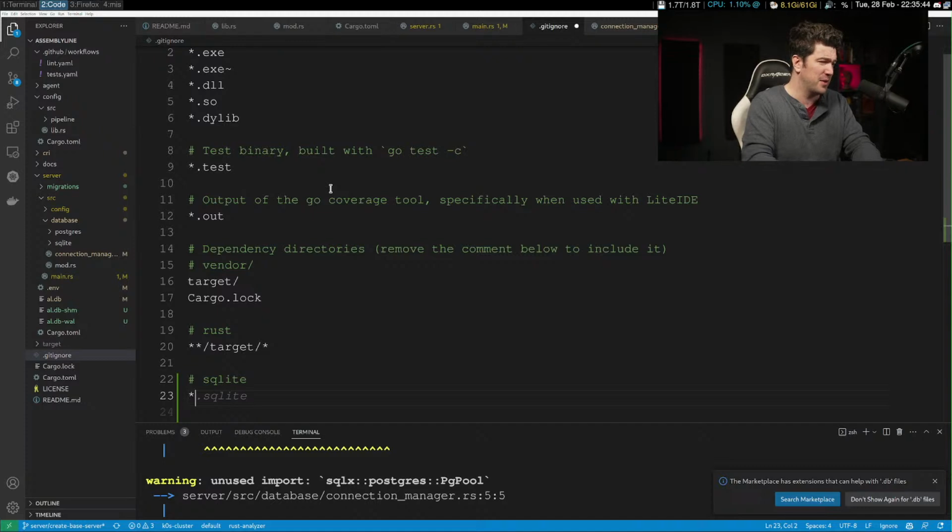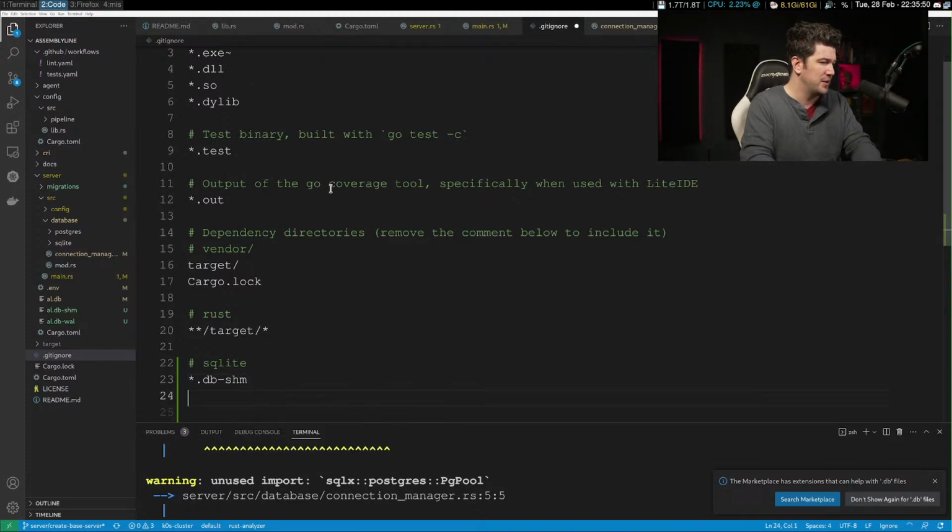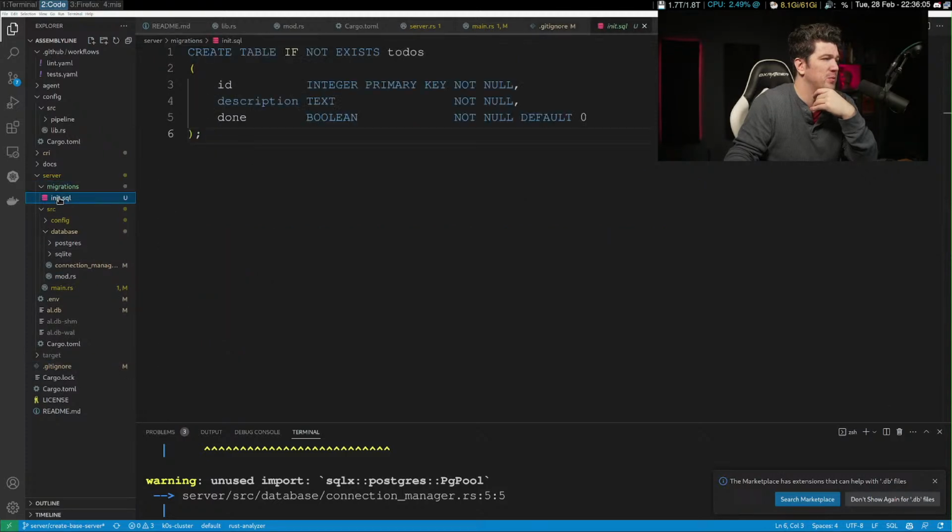Nice try, but no. We want anything with db shim and db. Oh, it got the second one. And we probably want the migrations.